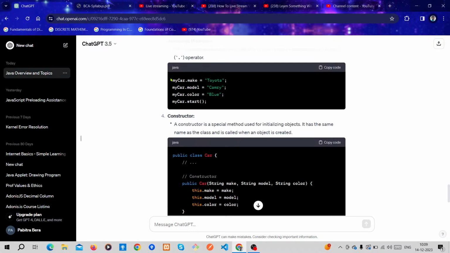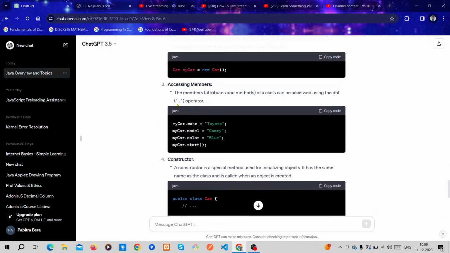Okay, so my car is the object, and using dot we can access the make property, which is a string type. So here it is Toyota, model Camry, and my car dot color is blue.